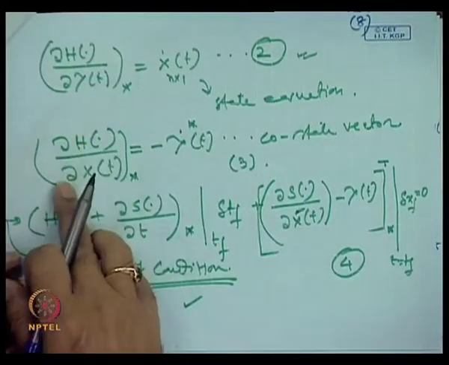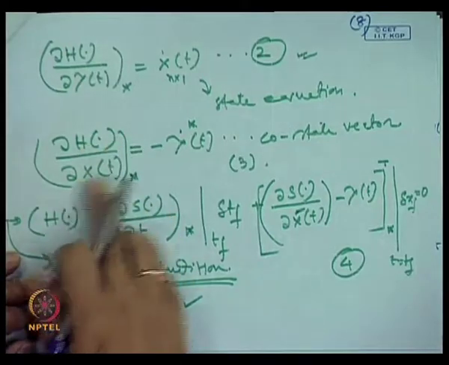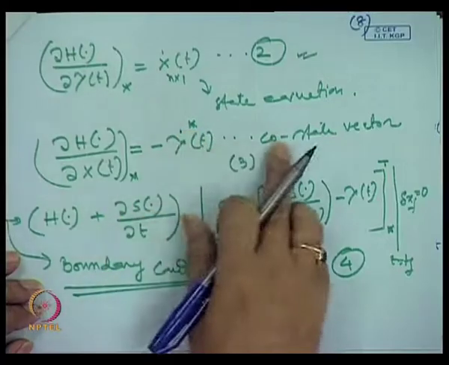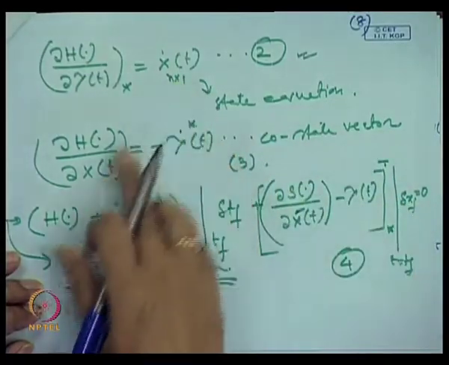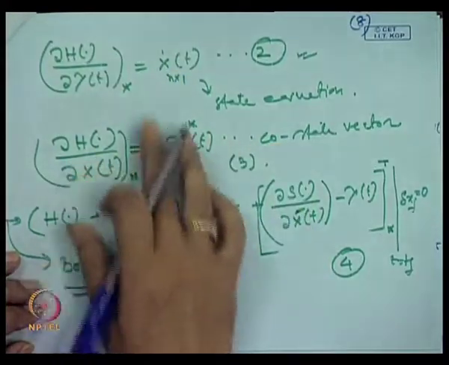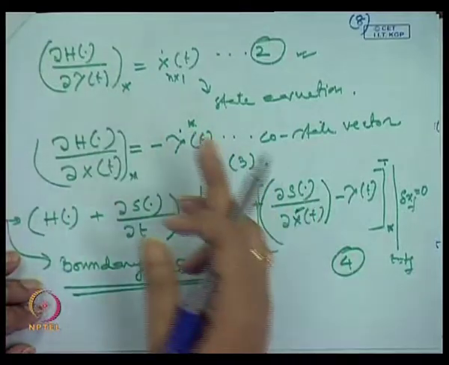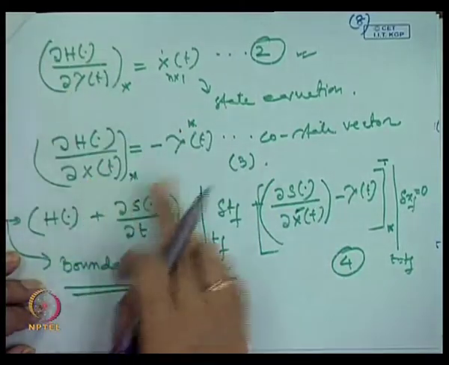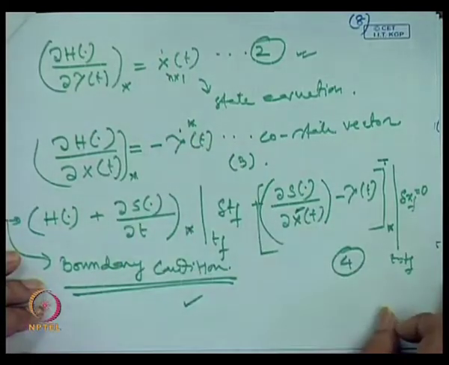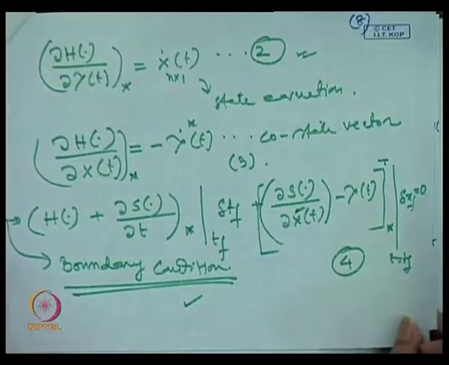And del H del x, the partial derivative of H with respect to x, is equal to minus lambda dot, where lambda star is called the co-state vector, because the dimensions of x and lambda are the same, and their expressions are exactly the same. In place of lambda you put x, and x dot is replaced by lambda dot preceded with a minus sign, and this is the boundary condition we got. So one has to solve